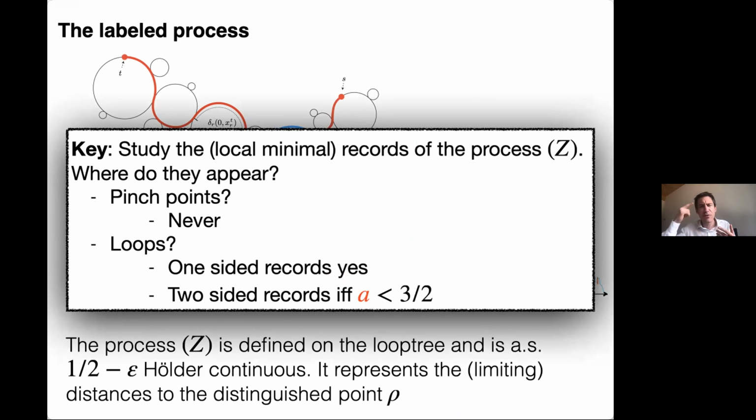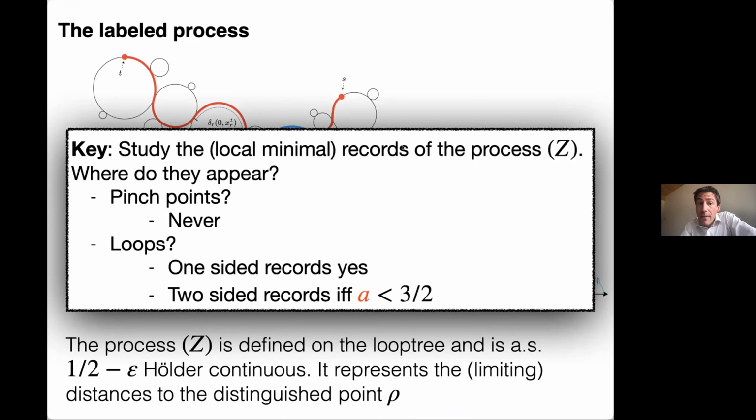Why? Because if you remember a little bit, in the Schaeffer or Bouttier-Di Francesco-Guitter construction, when you connect 2 points, you look for the next -1 or the next -2. And so if you iterate this construction, you will surf on the minimal records of your label process. So this is of the greatest importance.